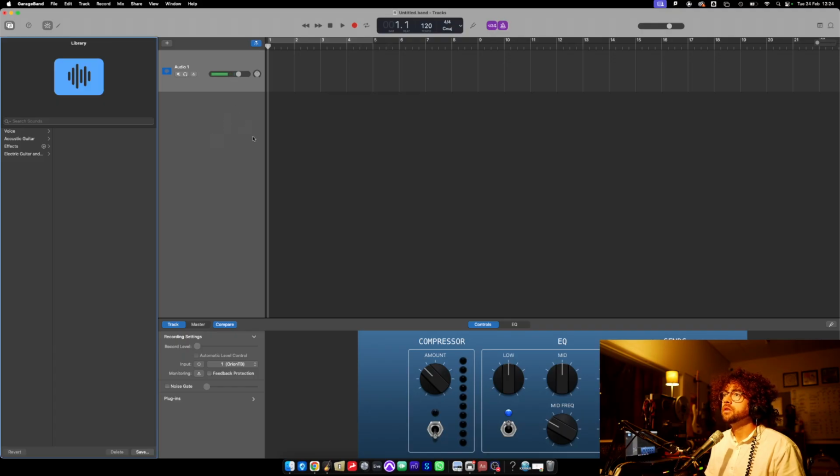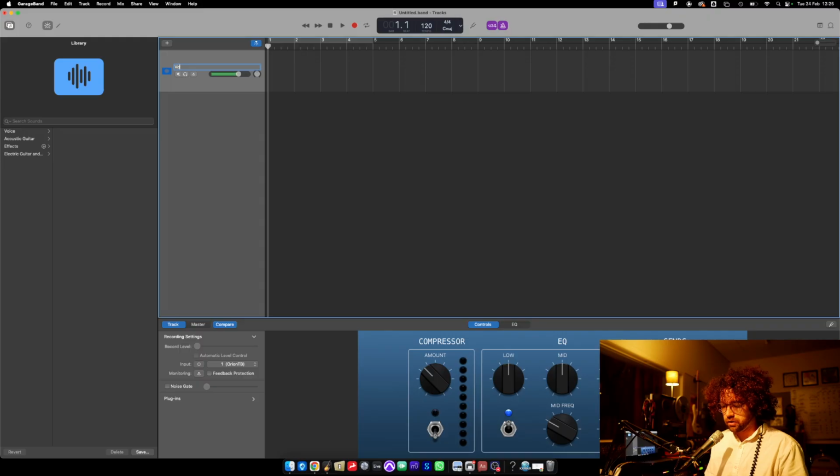When you talk, you should start to be able to see these green lines pop up. This is the level of your microphone. Now, most of you will be using our iMacs, which have a built-in microphone, and hopefully it should automatically be selected. If not, you can come down here to the input and make sure that your Mac's mic input is selected. I'm going to click on this audio one, double click. I'm going to change the name to voice,